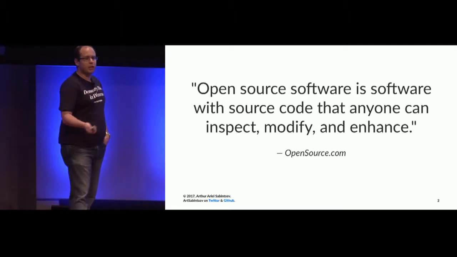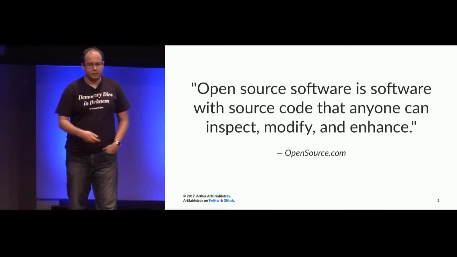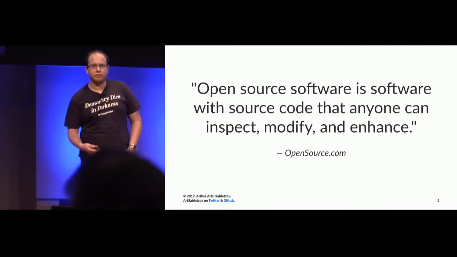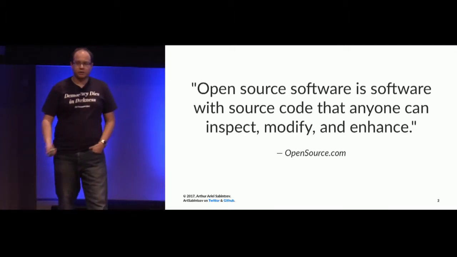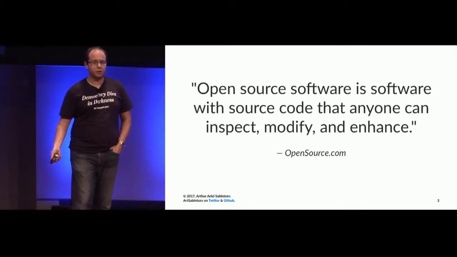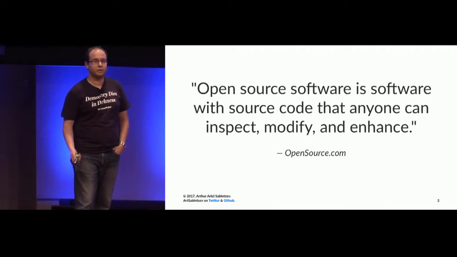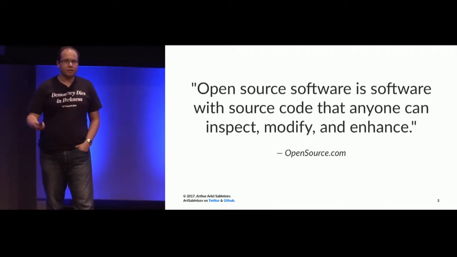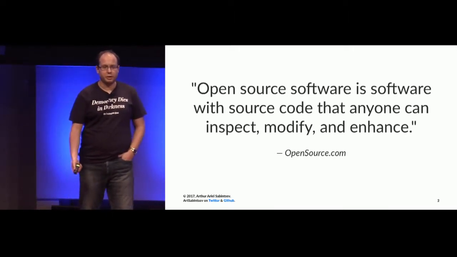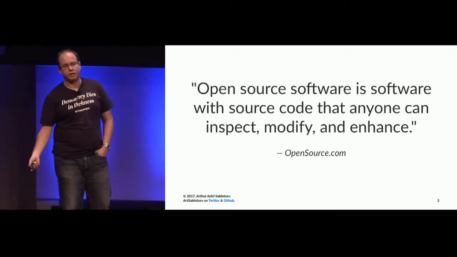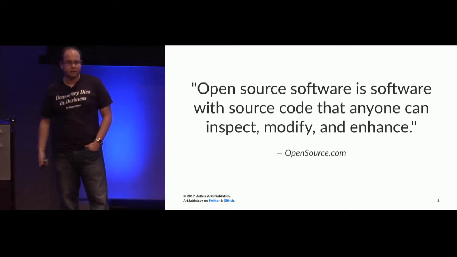But there are two types of free software that exist: free as in free speech and free as in free beer. And unfortunately, most people misunderstand which one's which. The reason there's a difference is because of the English language and the semantics around the word free. Free as in free speech means liberty, or in many other languages, libre. Free as in free beer is price, gratis.